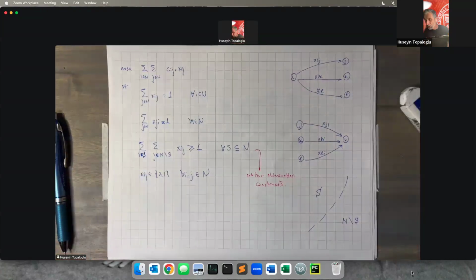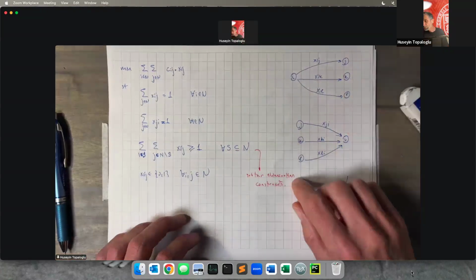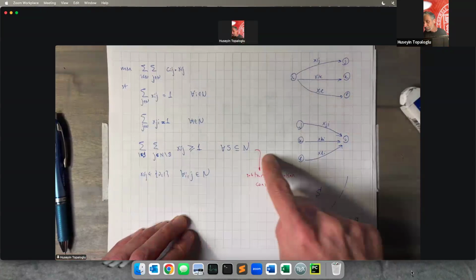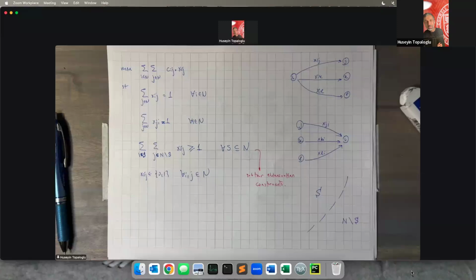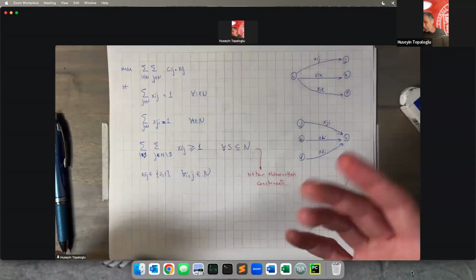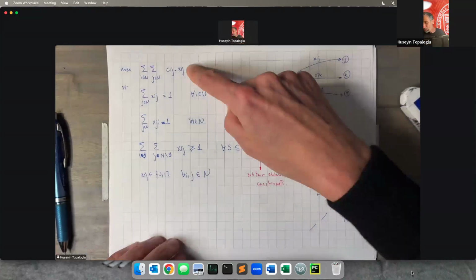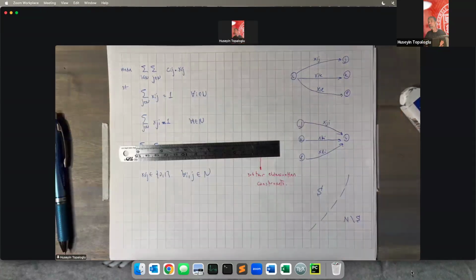So then, the cool idea that we learned today is that in the formulation of the traveling salesman problem, we have so many of these subtour elimination constraints, namely 2 to the n of these constraints. When we're dealing with an optimization problem that has too many constraints, but a manageable number of decision variables, we say, well, solve the problem without too many of those constraints,